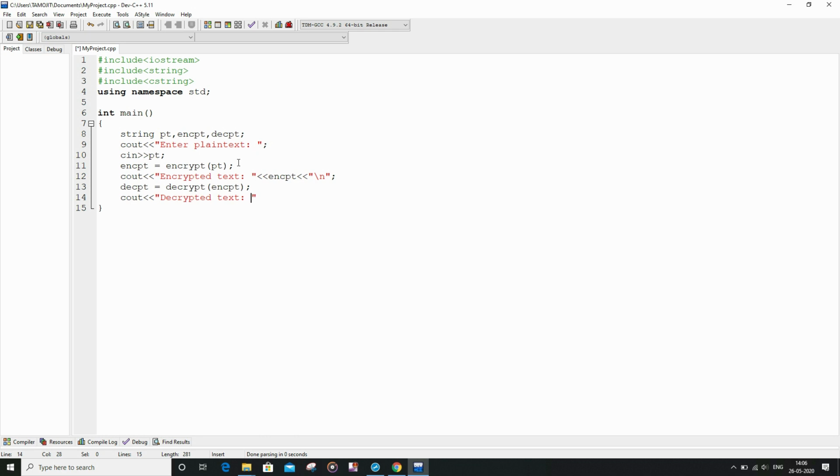Now I am going to print the decrypted text. And finally write return 0.